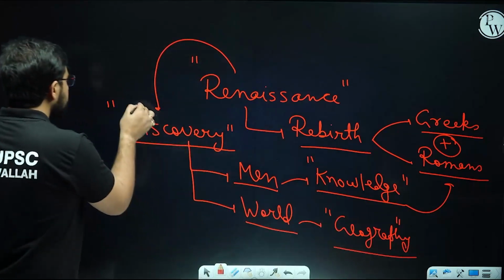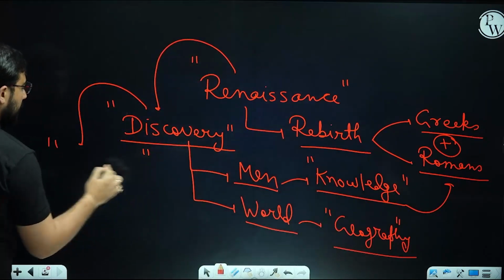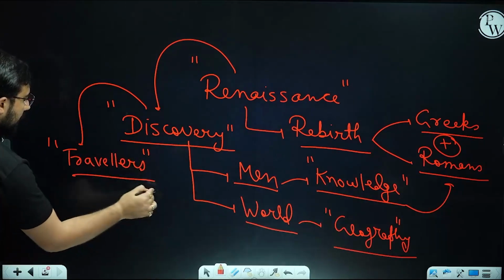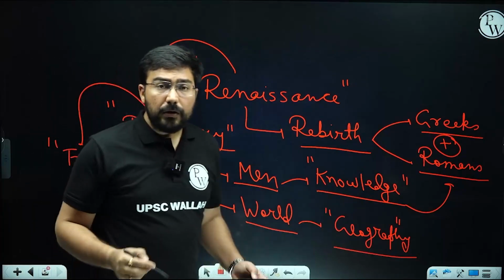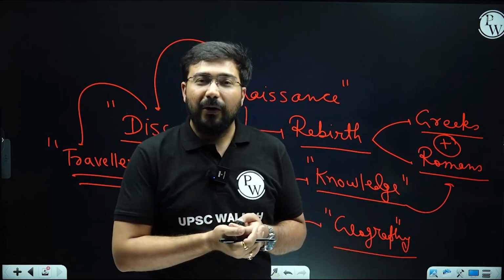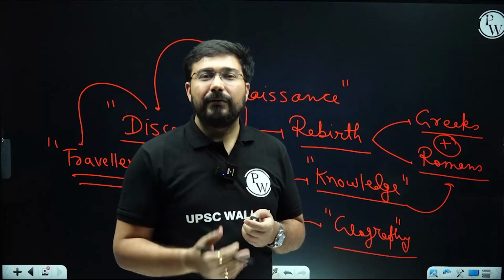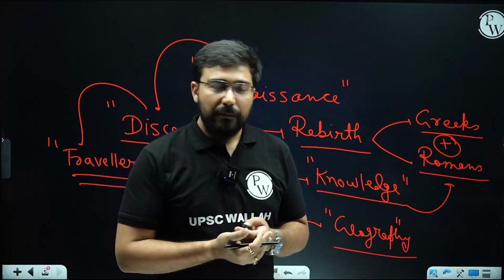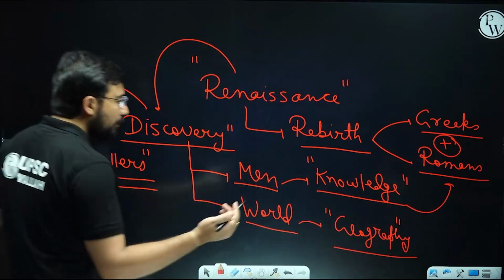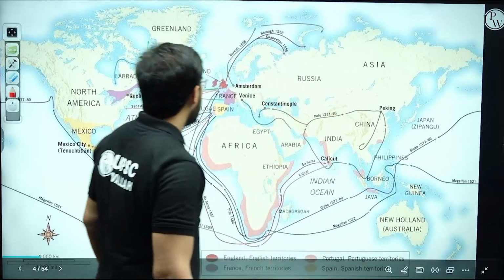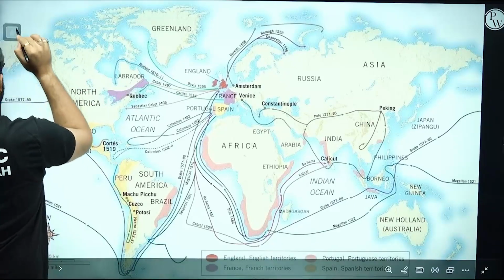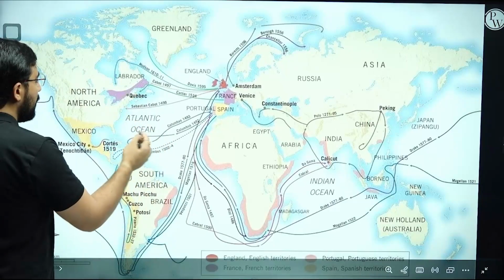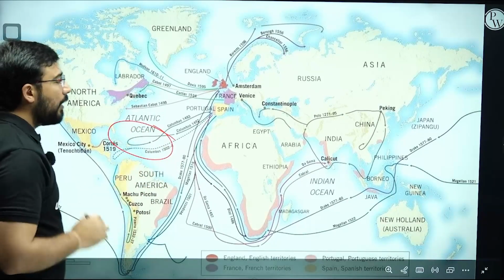That's why a large number of travelers were trying to go in different directions. They wanted to discover the world. And this is how India was also discovered by Vasco da Gama. He was the one who was able to find the direct route. But he was not the only one. In your schools you must have learned about Christopher Columbus. So there were multiple such travelers who were trying to do that. Like Columbus, he wanted to come to India, but Columbus eventually went towards America.